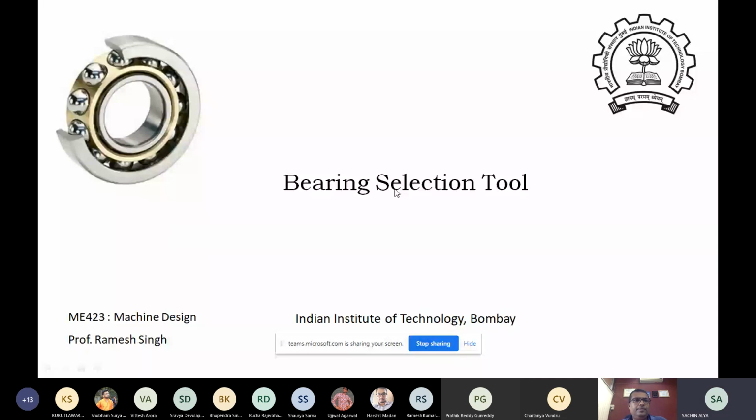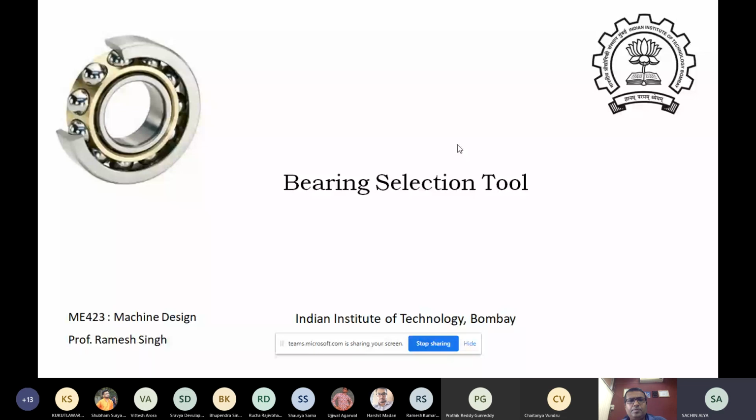So hello guys. We'll be covering the bearing selection process. Every day in life we have to select a bearing for each and every application where rotation of the parts is required. For that we'll go for a brand called SKF, a leading manufacturer of bearings.